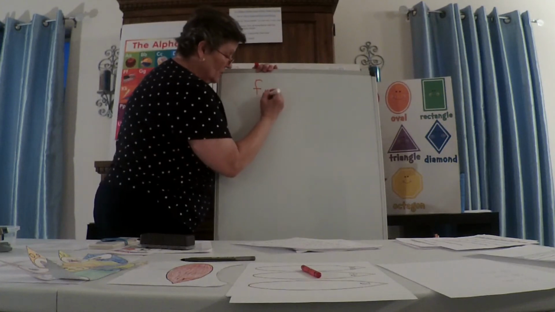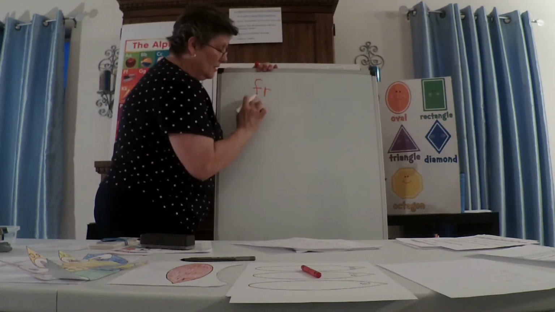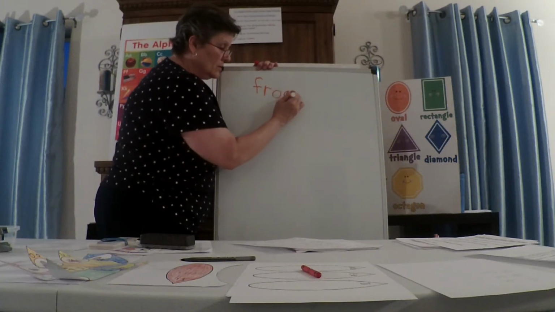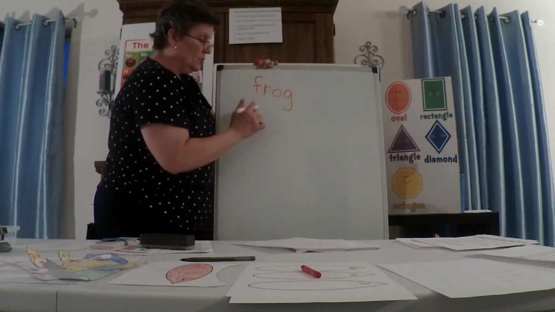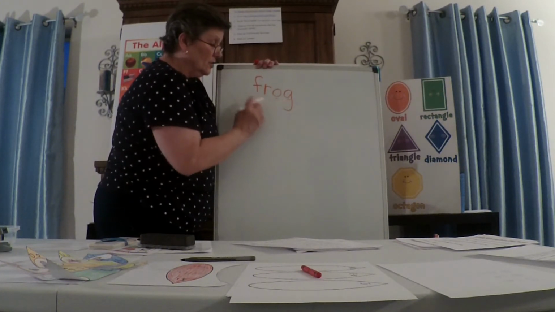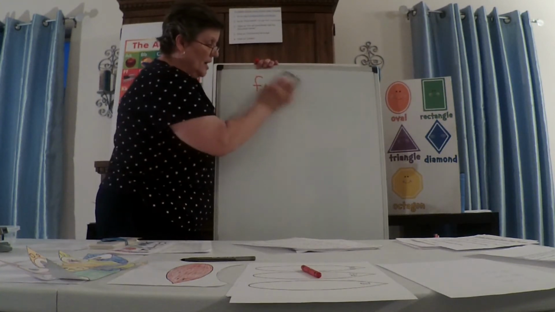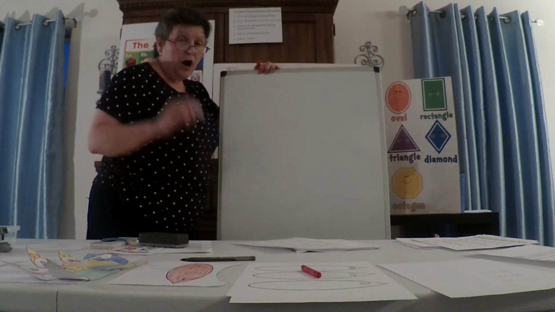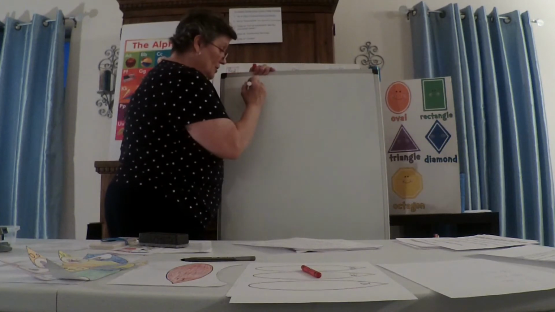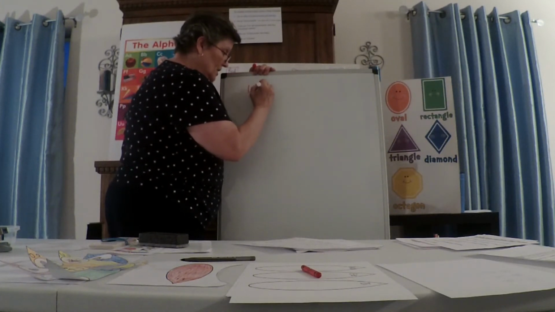Let's try this. Fra. Ra. G. Let's try it. You know what it is? Frog. Very good. All right, now our sight words are words we can't sound out. Our sight words in this book are